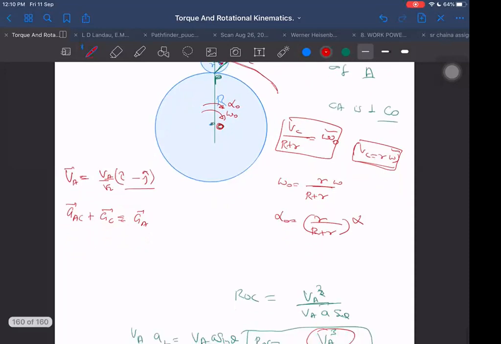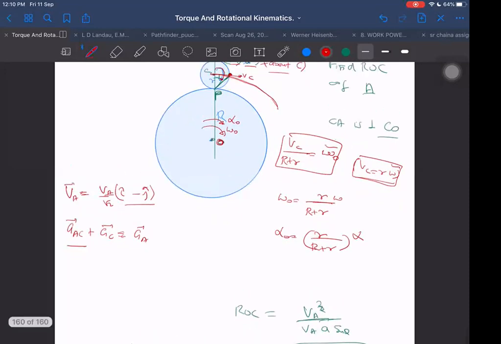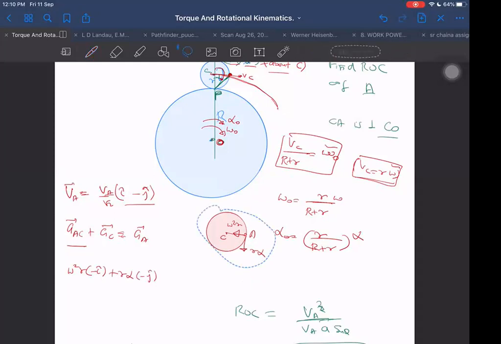Now, the acceleration of A with respect to the center is easy to tell. What will be the acceleration of A with respect to the center? If I take point A here and see the center here, then with respect to the center it has two accelerations, small r alpha and omega square r. I have to write it in vector form: omega square r along minus i cap, plus r alpha into minus j cap. I don't have to take the magnitude-wise resultant, I have to take the vector resultant, plus the acceleration of the center. That is the tricky part here.